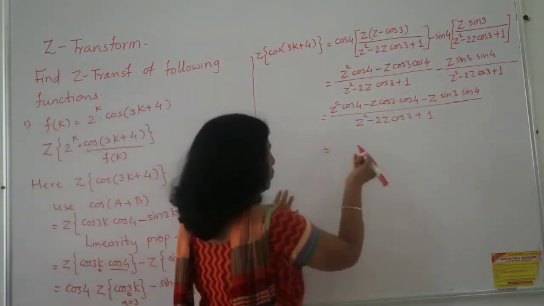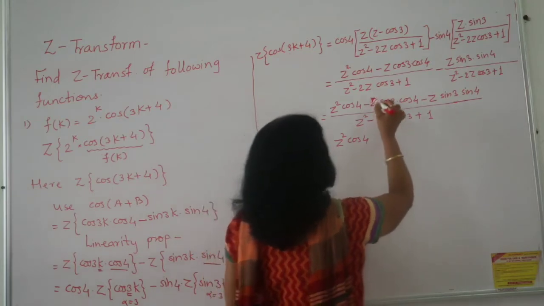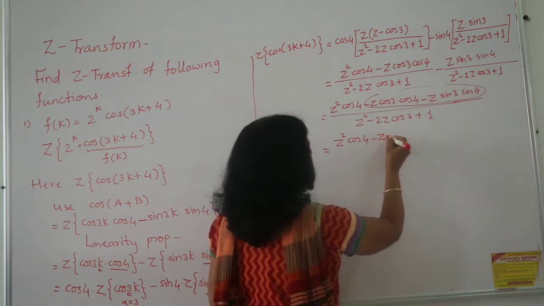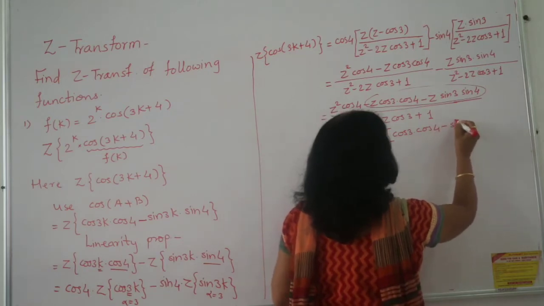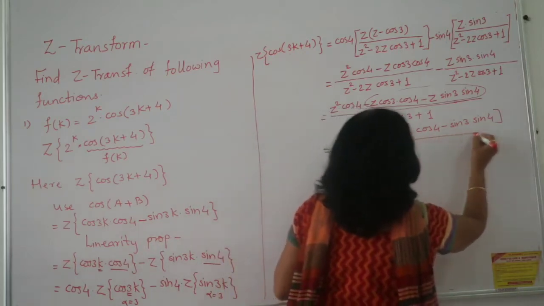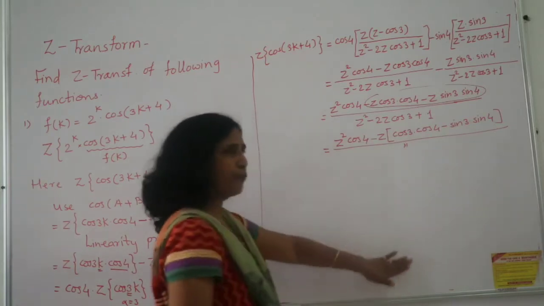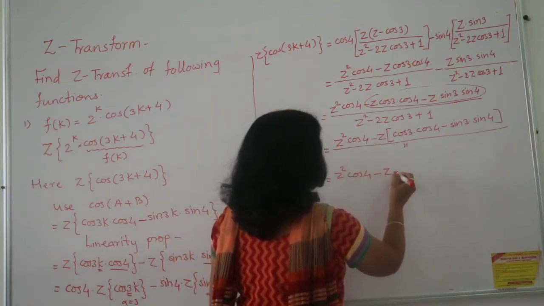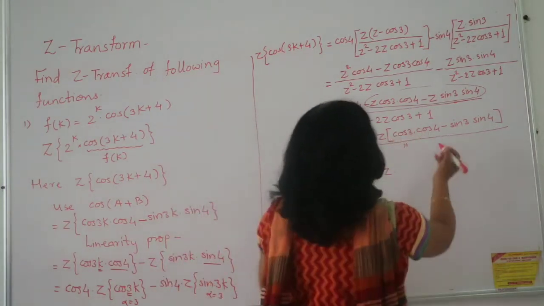So we are making our work a little bit easier. Z square into cos 4 will remain as it is. But you observe these two terms. In these two terms, I can take the minus sign common and Z common. If I take minus Z common, then this will give me cos 3 into cos 4 minus sin 3 into sin 4. And the denominator is still going to remain as it is. Now you just allow me to carry on the denominator. I will just keep it under my final step. Then this is equal to Z square into cos 4 minus Z into, now can you observe this format? It is this format.